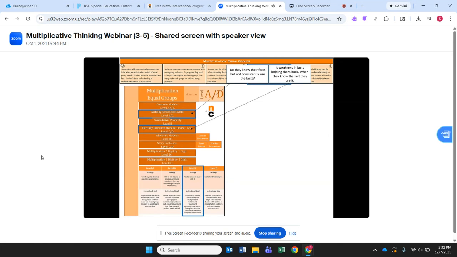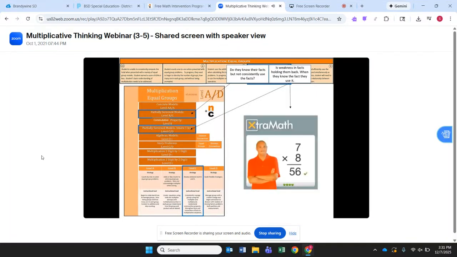Because remember, a lot of students who are level C are very high thinkers. They just don't have command of their facts. And also at level C, this is when you could focus in on math facts. So if you think about, earlier today we were talking about when is it appropriate to just have students focus on math facts? Level C is a perfect level where you could actually say, all right, we're going to have you work on